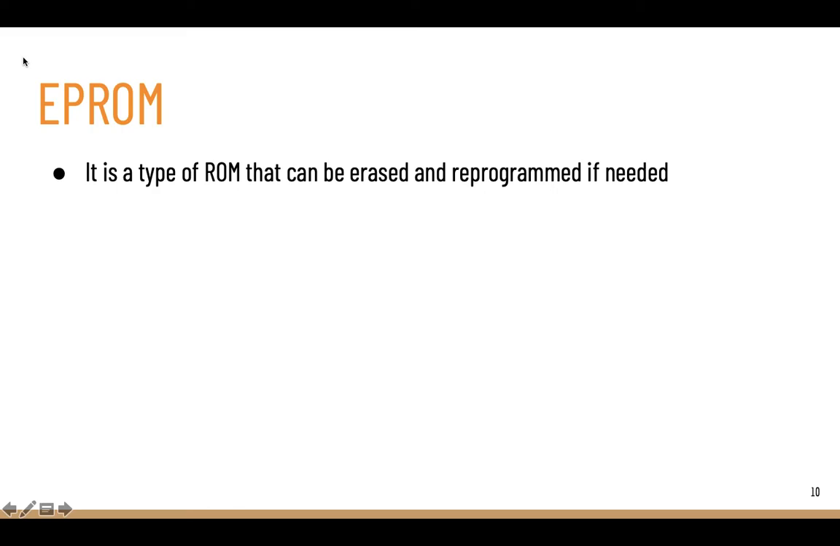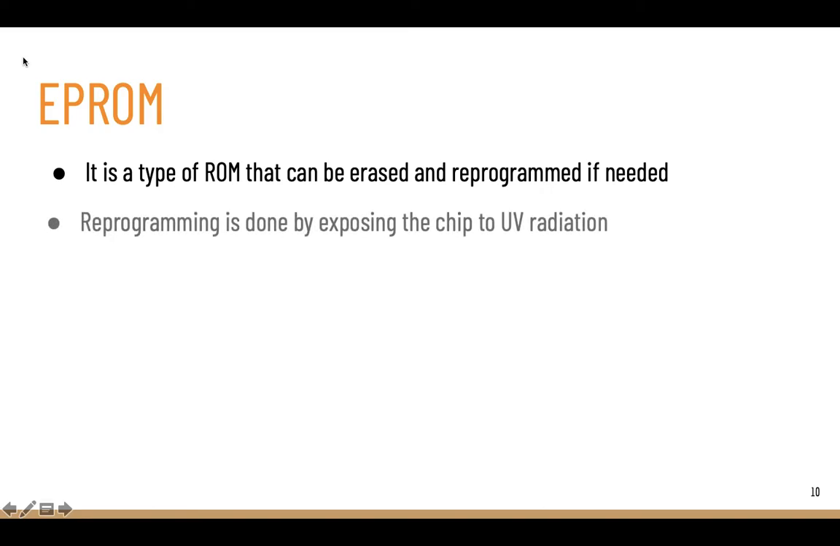EEPROM is a type of ROM that can be erased and reprogrammed if needed. Now, the distinguishing feature between PROM and EEPROM is that EEPROM can be erased after writing the information also. Now, how is reprogramming done in EEPROM? Reprogramming is done by exposing the chip to UV radiation. Now, the chip, that is EEPROM, is exposed to UV radiation, and in that manner reprogramming is done in case